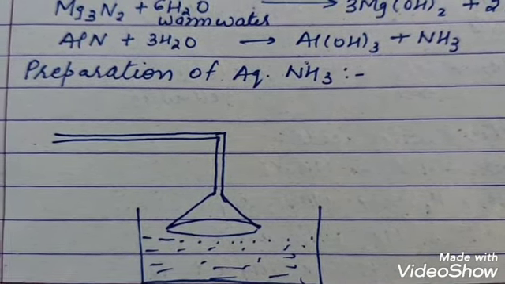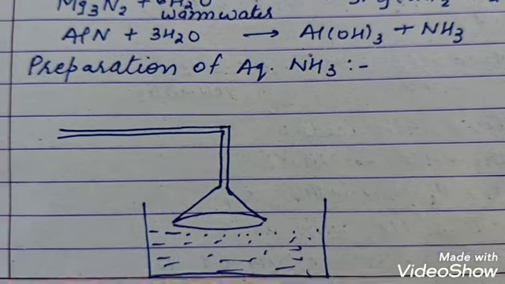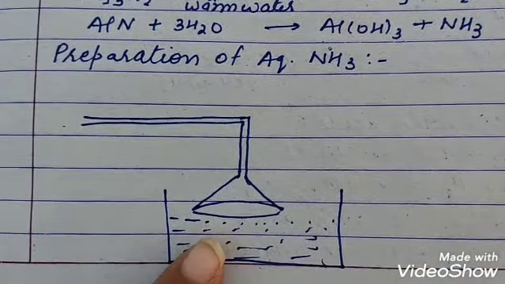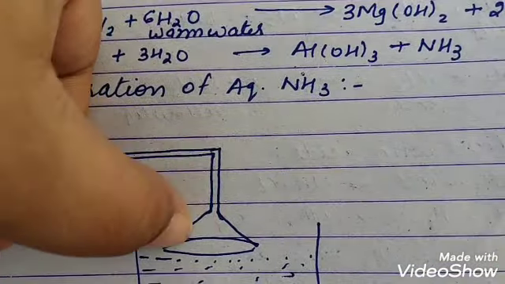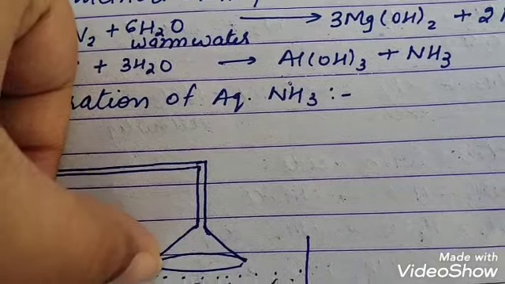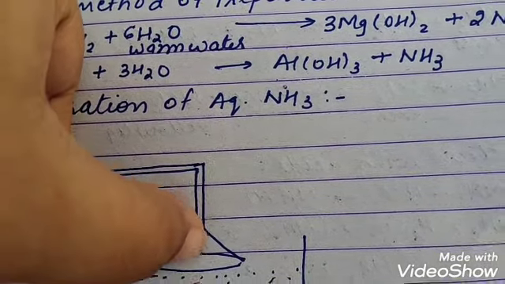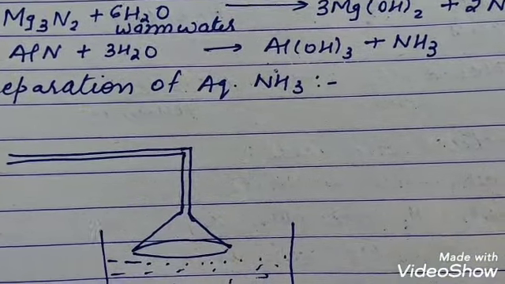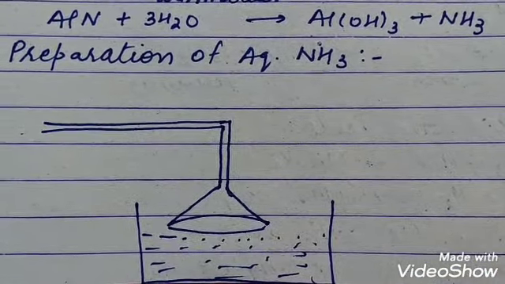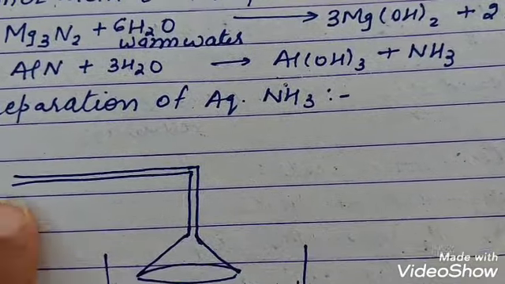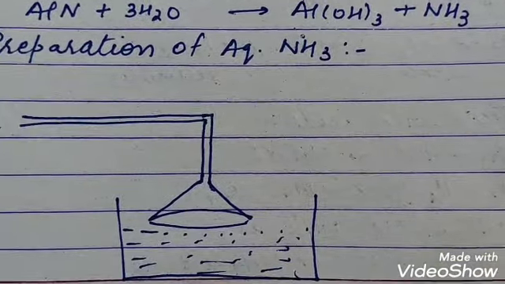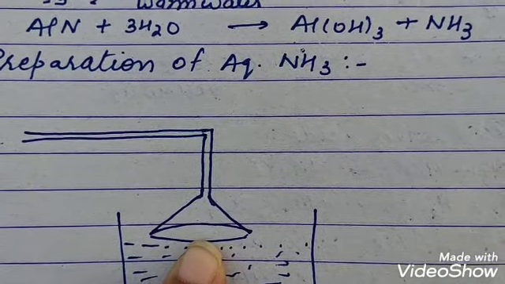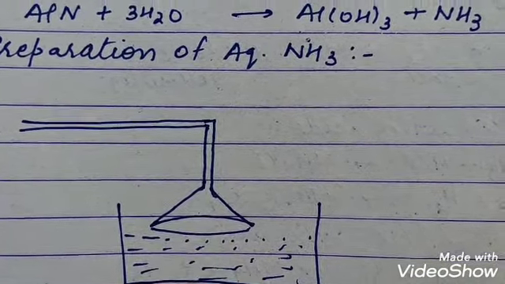It will break the reaction and the reaction may stop. So we have taken an inverted funnel. It has more surface area, so it will take time. From here ammonia gets dissolved, from here ammonia gets dissolved, here ammonia gets dissolved. So it will take time to dissolve ammonia in water. Till then ammonia will come. So back suction will not take place. So what is the use of this inverted funnel? It will provide large surface area and prevent back suction of water.